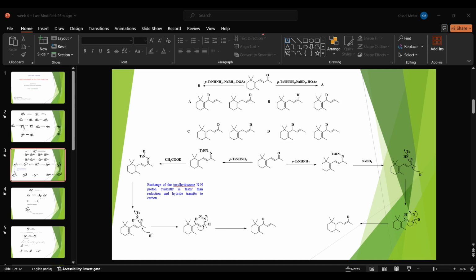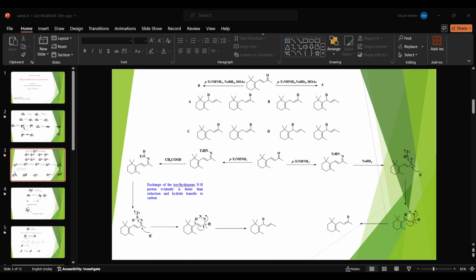The double bond will migrate and the keto will be removed. The migration always gives the isomeric alkene. But in this case we have a deuterated solvent and deuterated sodium borohydride. The mechanism we'll see, but we have a deuterated acidic source